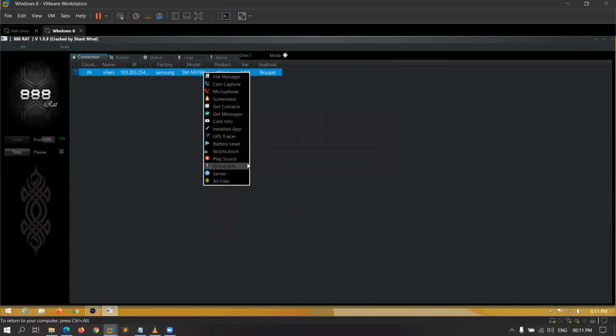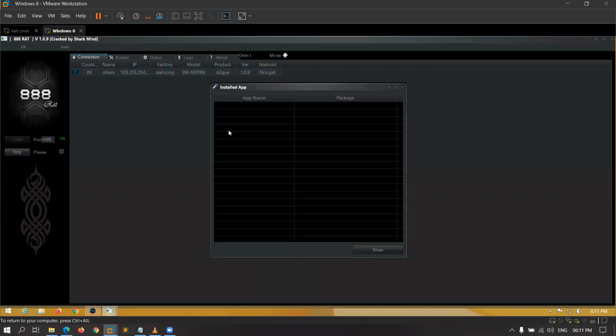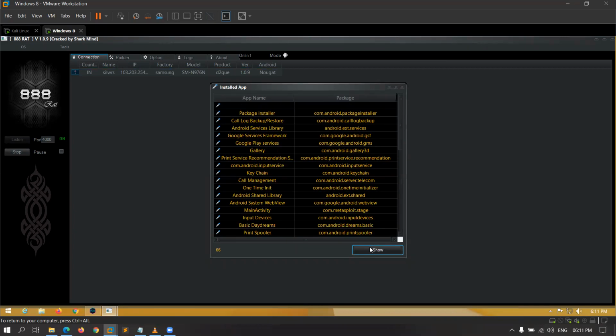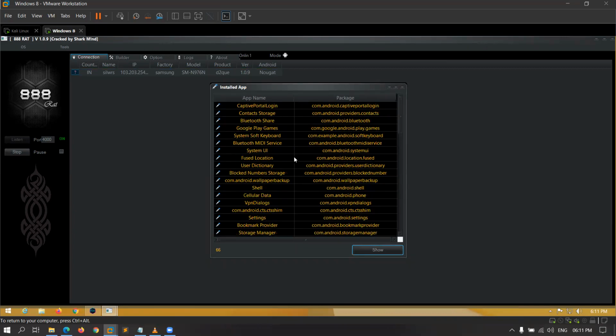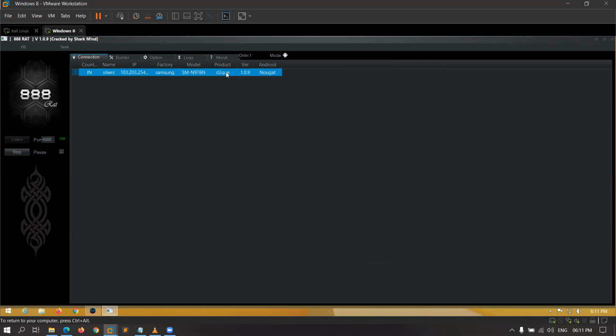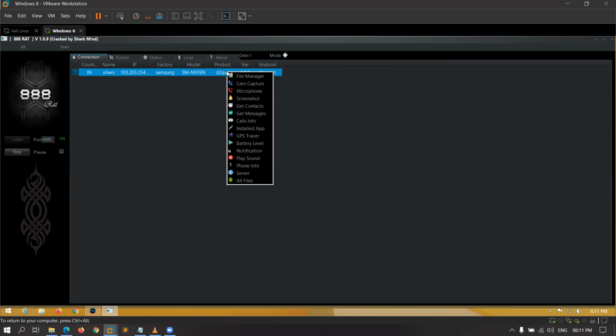I can also get the information about the phone. I can install app. I can also get the information about the installed apps. So let me show it. You can see there are lots of apps installed on the phone, and as I said earlier, it is just a virtual environment. That's why we have limited access to things. But if you are doing it on a regular phone or a specific phone, you can access all these features.